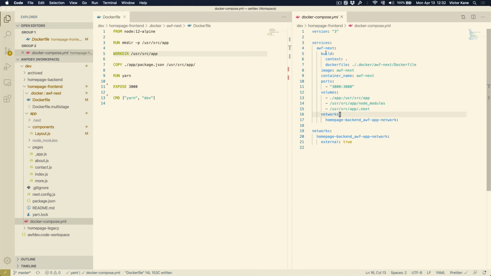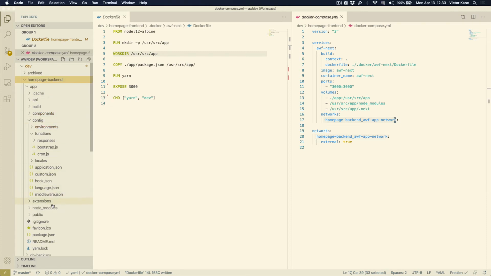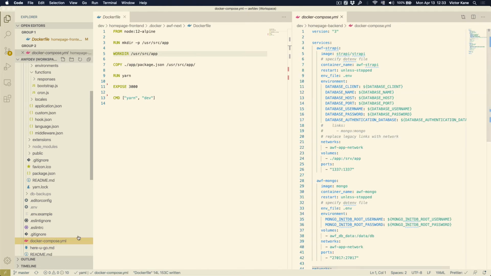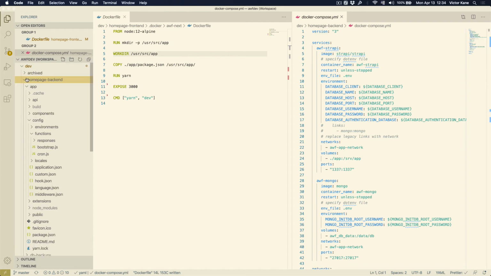We specify for the awf-next service the home. How do we even know what this is called? In the backend Strapi project, we also have a docker-compose file, right? It's a lot more involved because it's got the Mongo service, it's got the Strapi service, and it's got its network. And yet, in the front end,